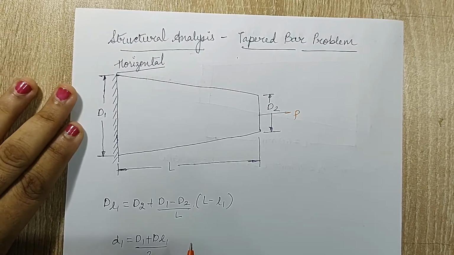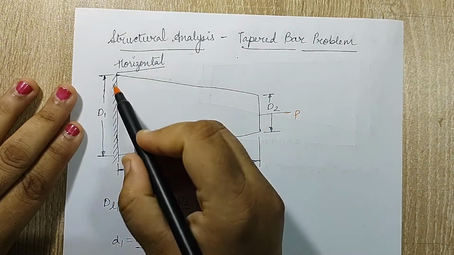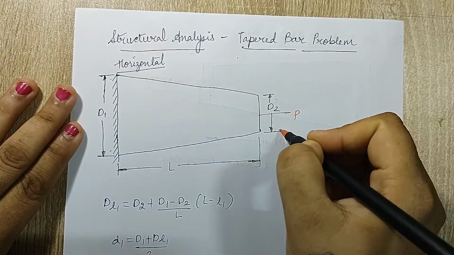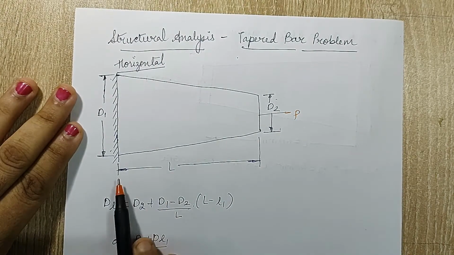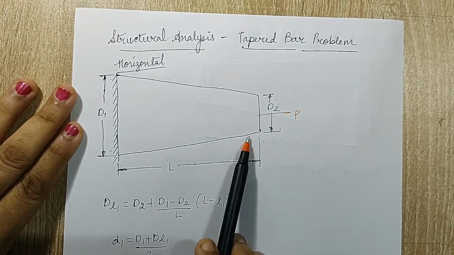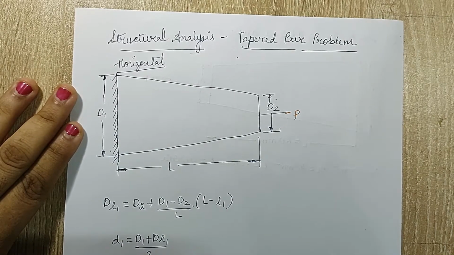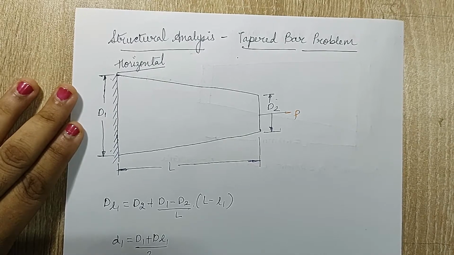Now look very carefully at the procedure of converting this. I'll first show you the diagrammatic changes that happen. Here the diameter is D1 and here the diameter is D2. The length of the bar is L. Now you can divide this tapered bar into two steps, that is 2 bars, or you can have 3 steps, that is 3 bars. Now I am showing you 2 bars. You can have 3, 4, any number of bars you want to divide into.